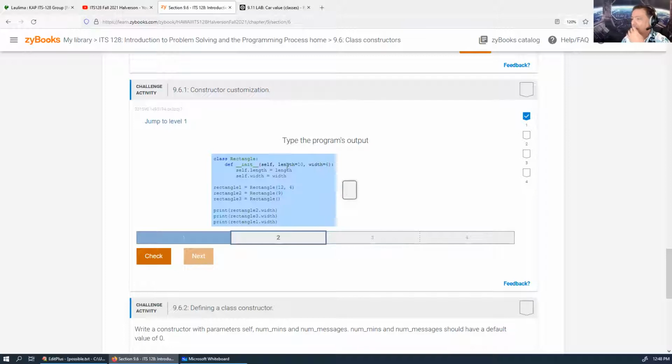Okay, here now, for the second one, we've got some defaults here. And so the first time we are actually overriding the defaults. And the second time we are going to take the second default, but override the first default. And for the third one, we're taking all the defaults. So what's the width each time? Well, the first time the width is going to be 4 because we're overriding it. The next time we're going to take the default width